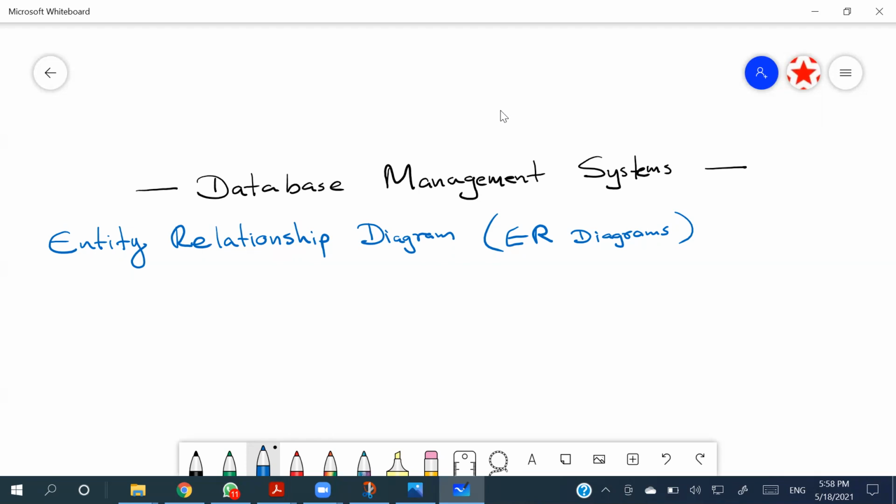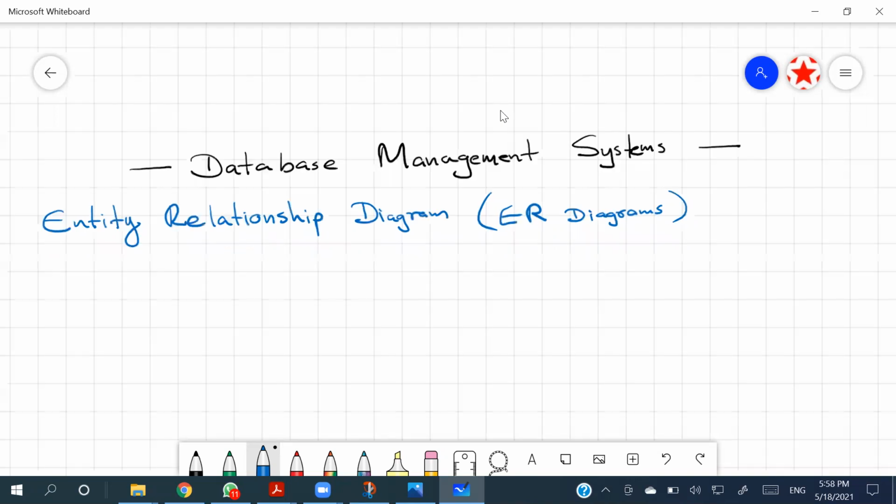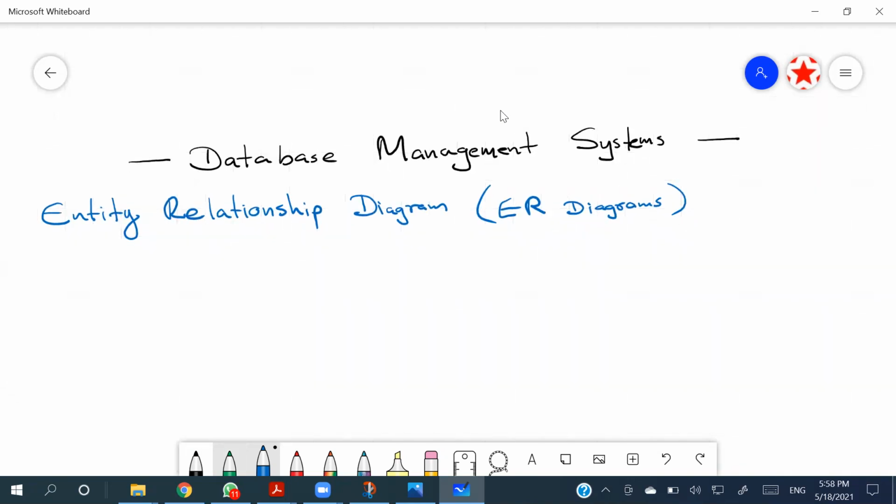And always remember, we are going to create a database over here, right? Okay. So the first thing that I'm going to introduce here is what is an entity, right? So an entity can be a person,